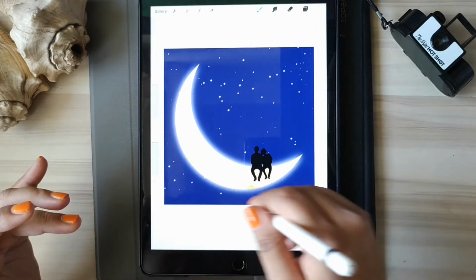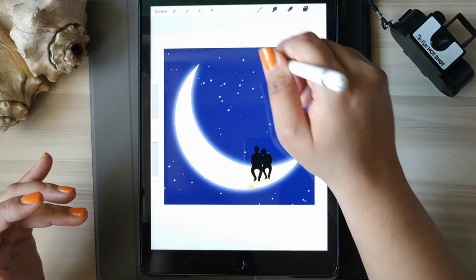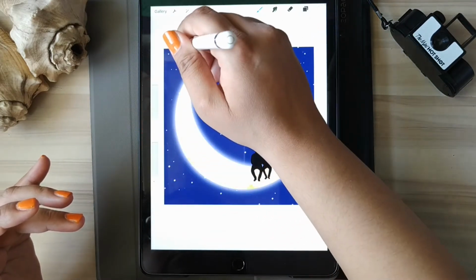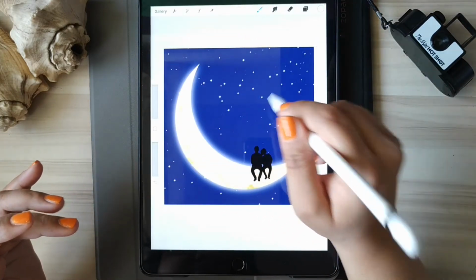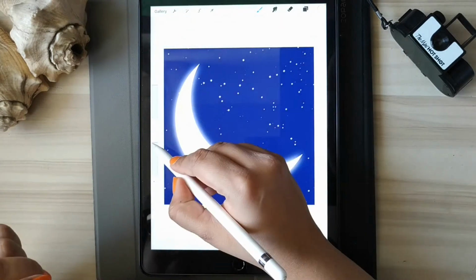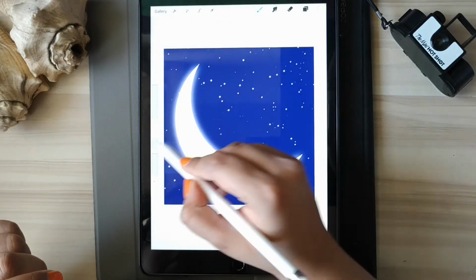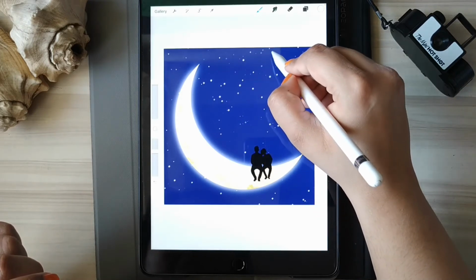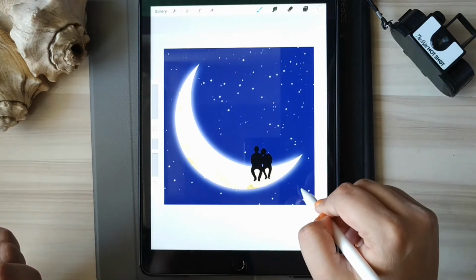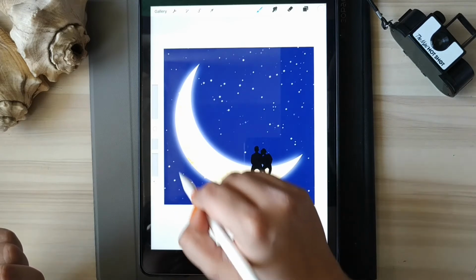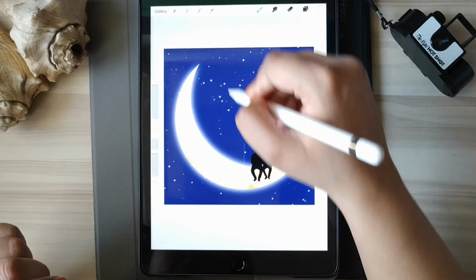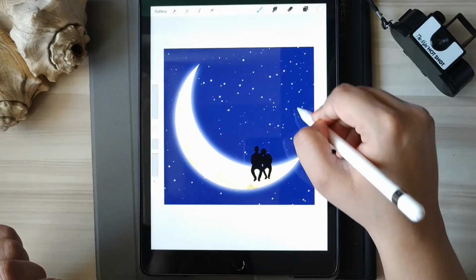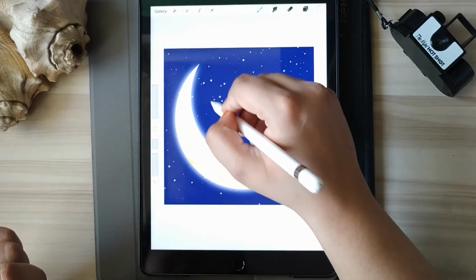Make sure to scatter them around and not make too many in one place, because that will not look good. And like this, we can also lower the opacity and make some stars which are a little faded. It can give the effect that there are stars which are a little far away, that kind of look, but it looks good. You can see like this.